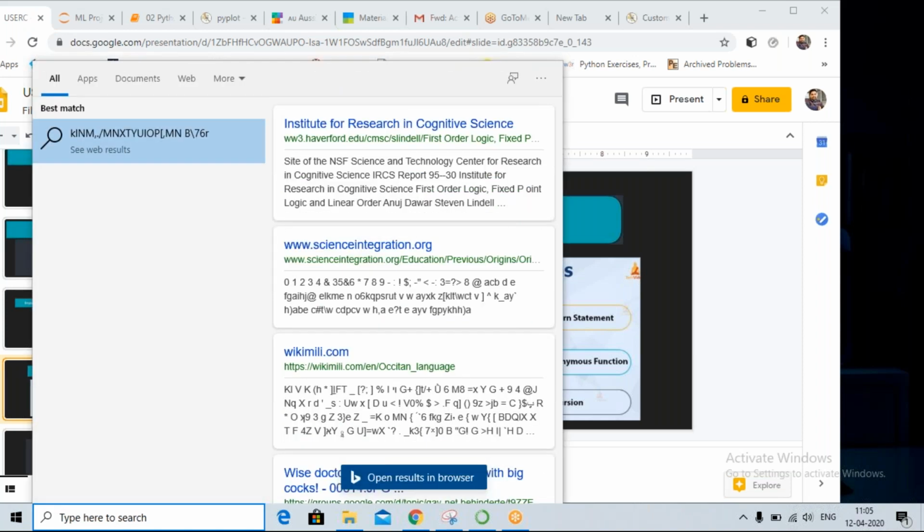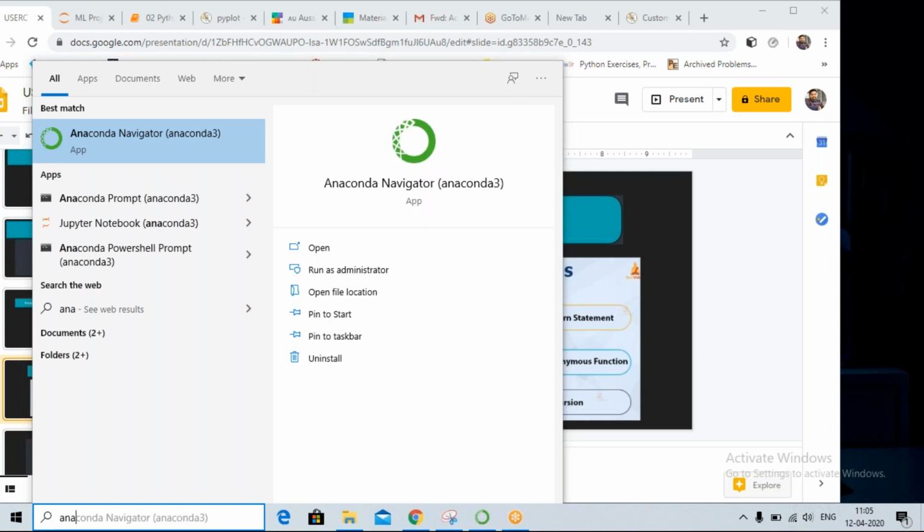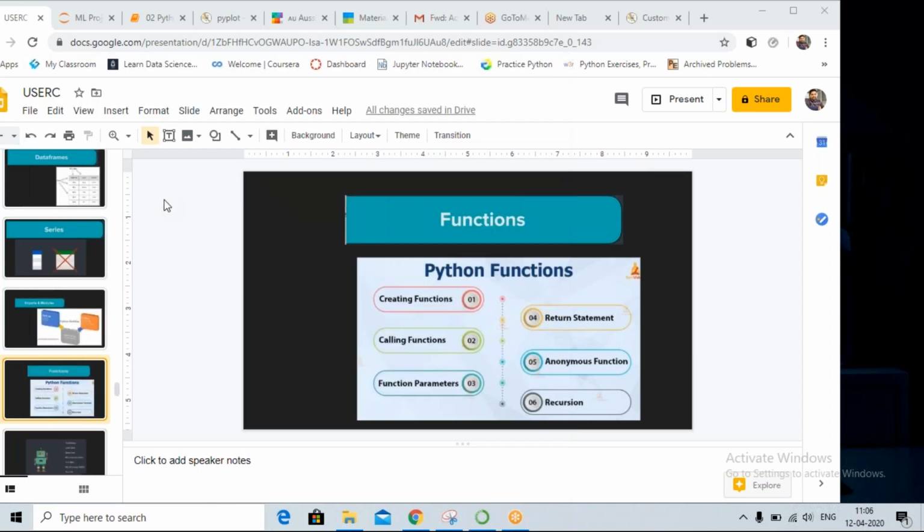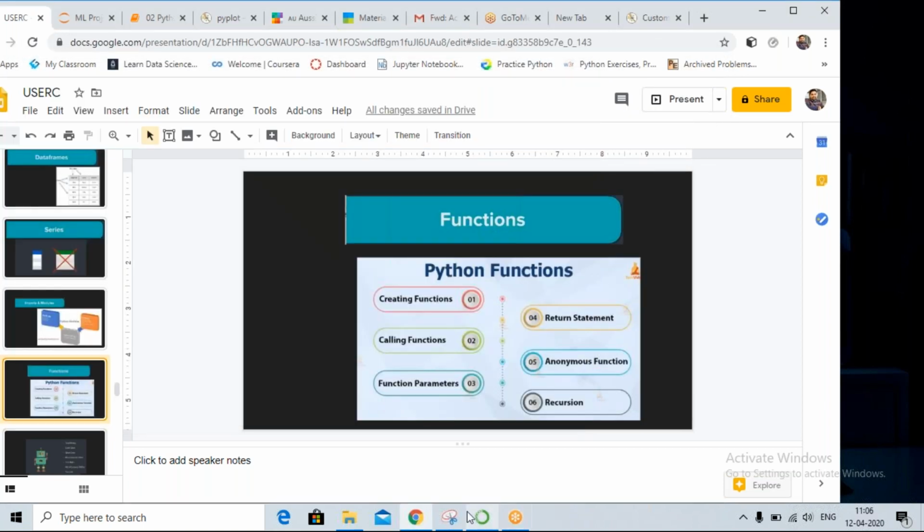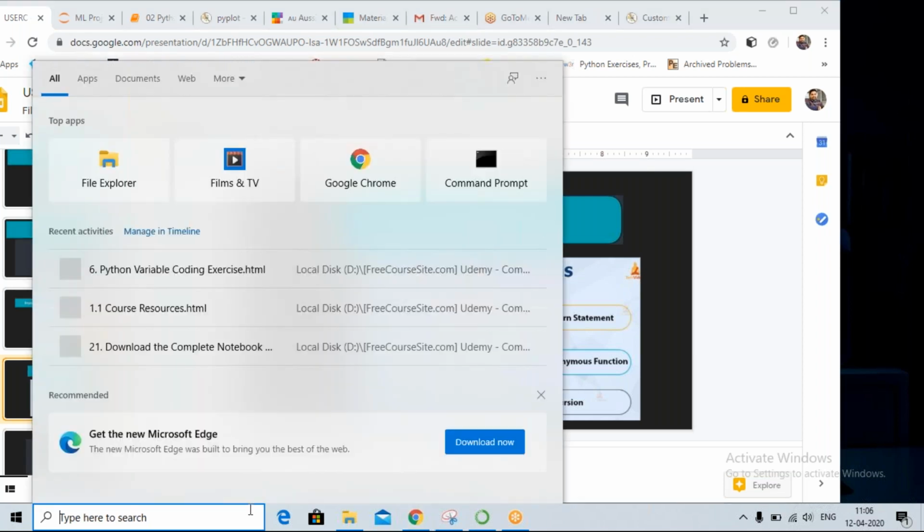You can just type out in the search bar as Anaconda Navigator. It will open up. Or if somebody wants to use the Anaconda command prompt, they can also use it. They can just go there and just type Jupyter notebook, and you can press enter. It will open it for you. Because when you open it through the Anaconda Navigator,